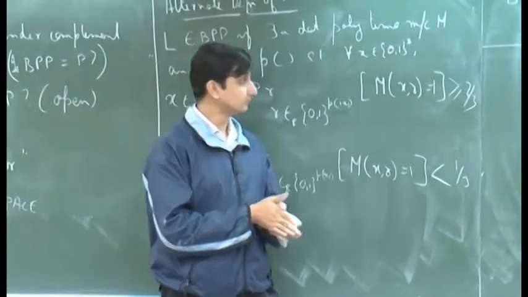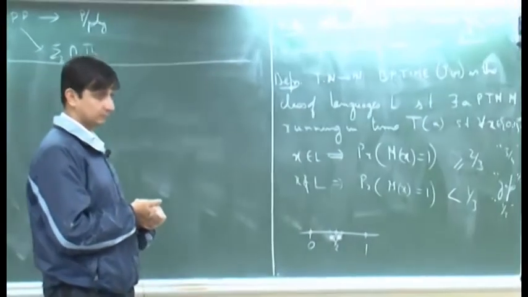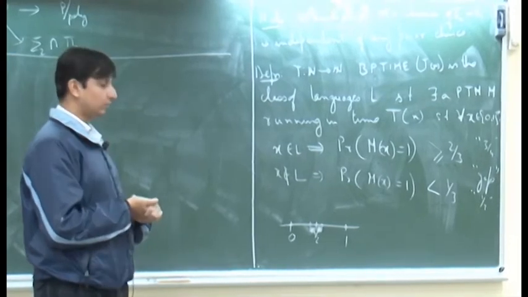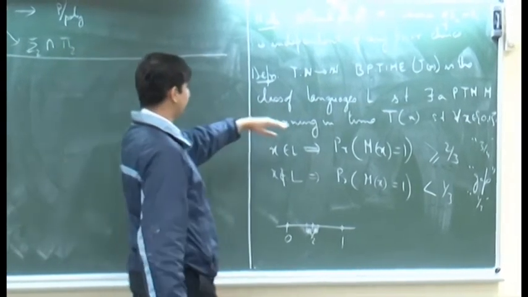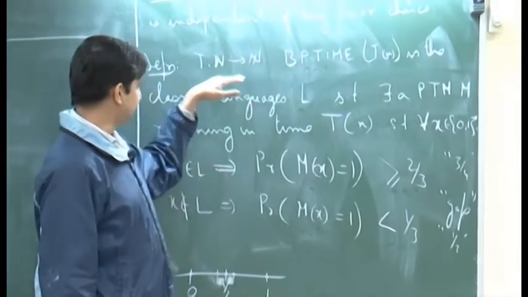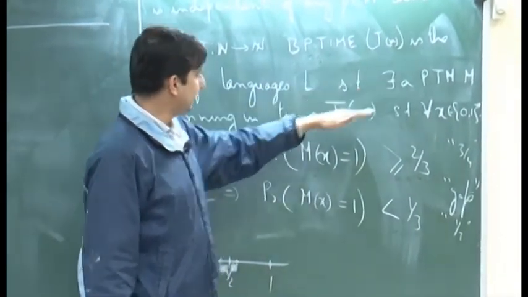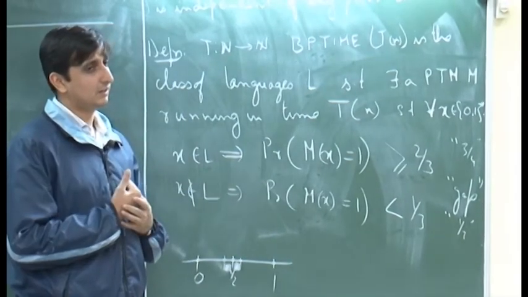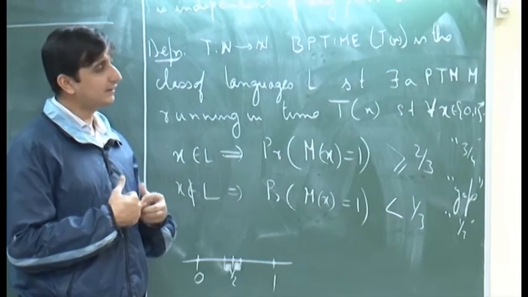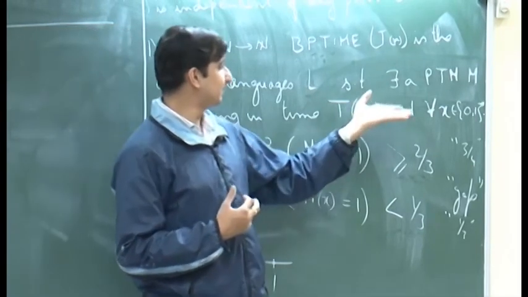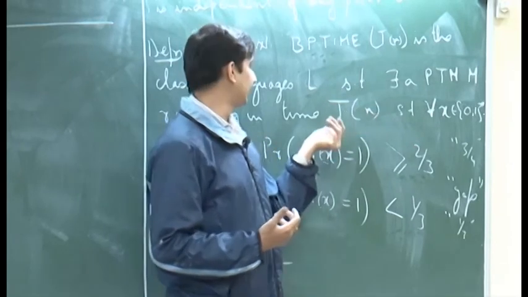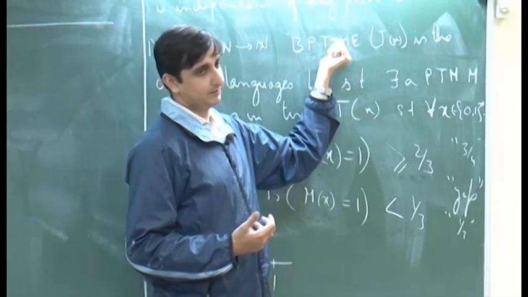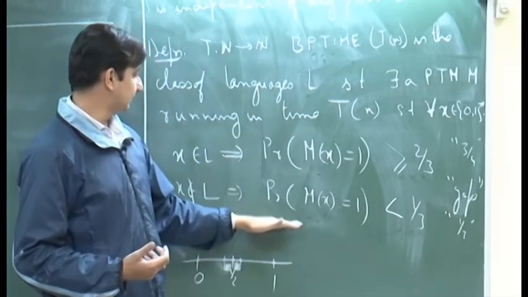And what happens is you create a machine on X which gives a probability in between 2 and 10. No, but that is not allowed by the definition. Then you cannot say that that language is in BPTIME. I say that a language belongs to this class if there is a machine which has this property. That language will of course be decidable by that machine, but I will not be able to call that language contained in this class, right. So, only if the machine has this property.